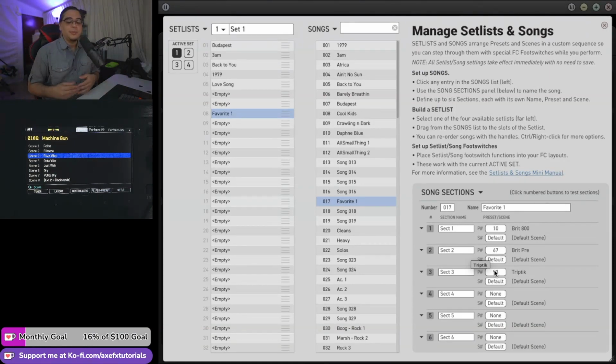However, with Setlist, we do have another way for organizing all of our presets and scenes in specific orders, changing them around easily with drag and drop here, and however you want to do it. So really, really powerful. I think we're just scratching the surface of what this can do, and I'm super excited to see what you guys come up with and how you might be using